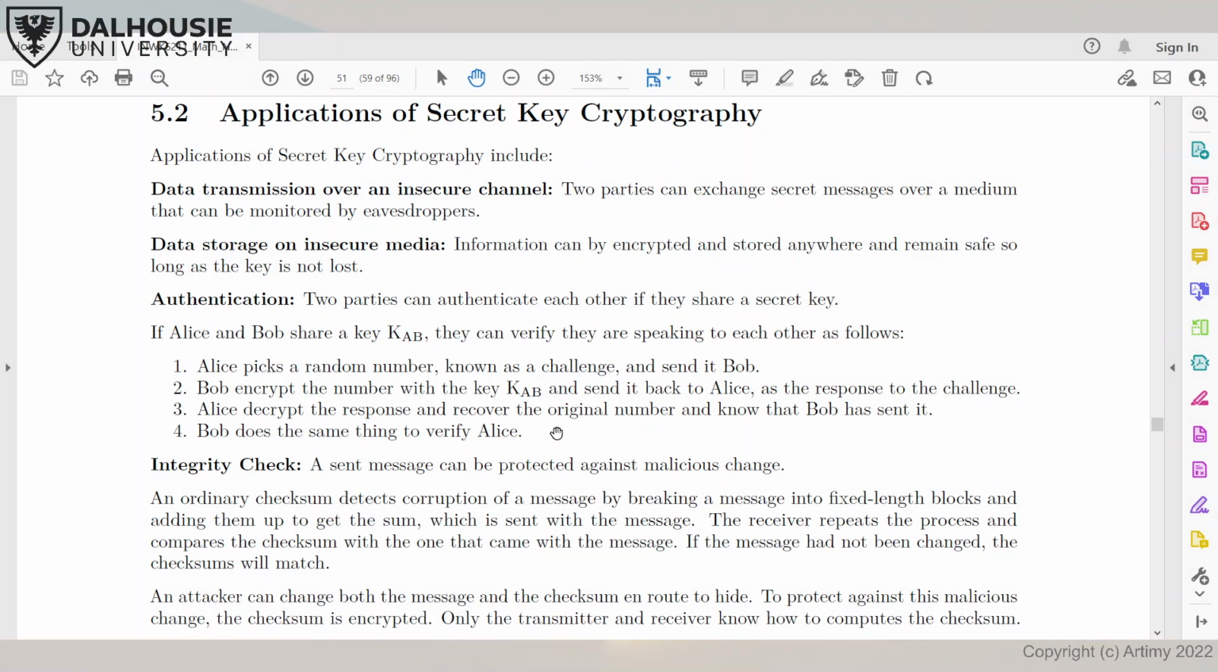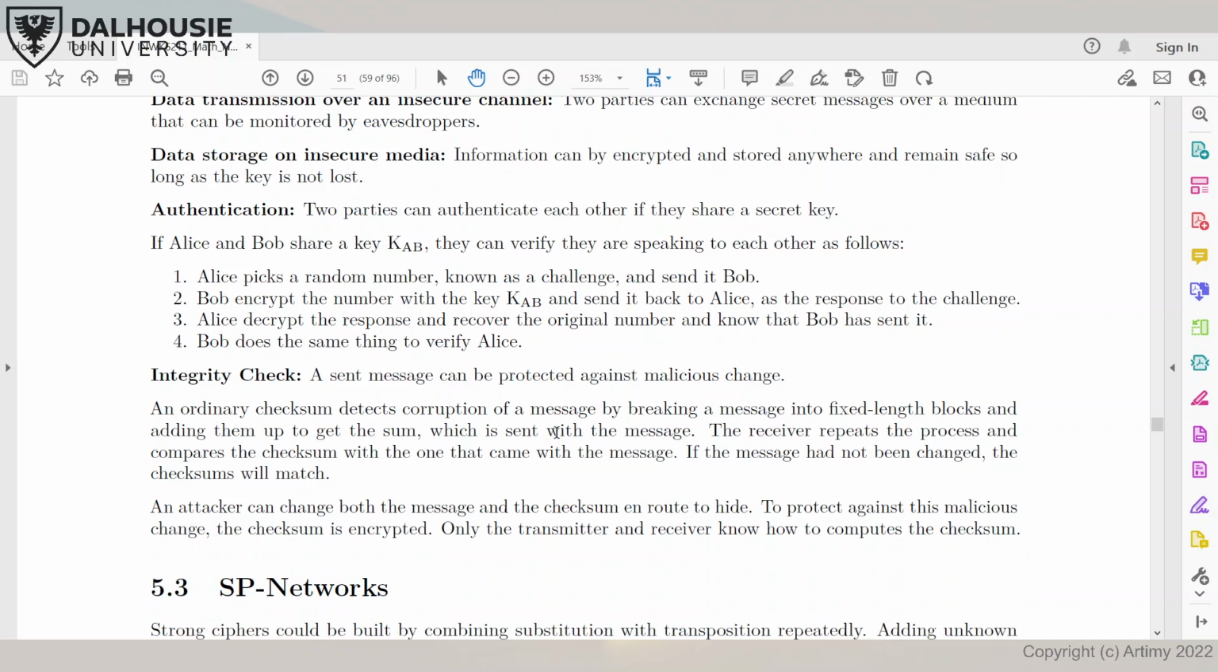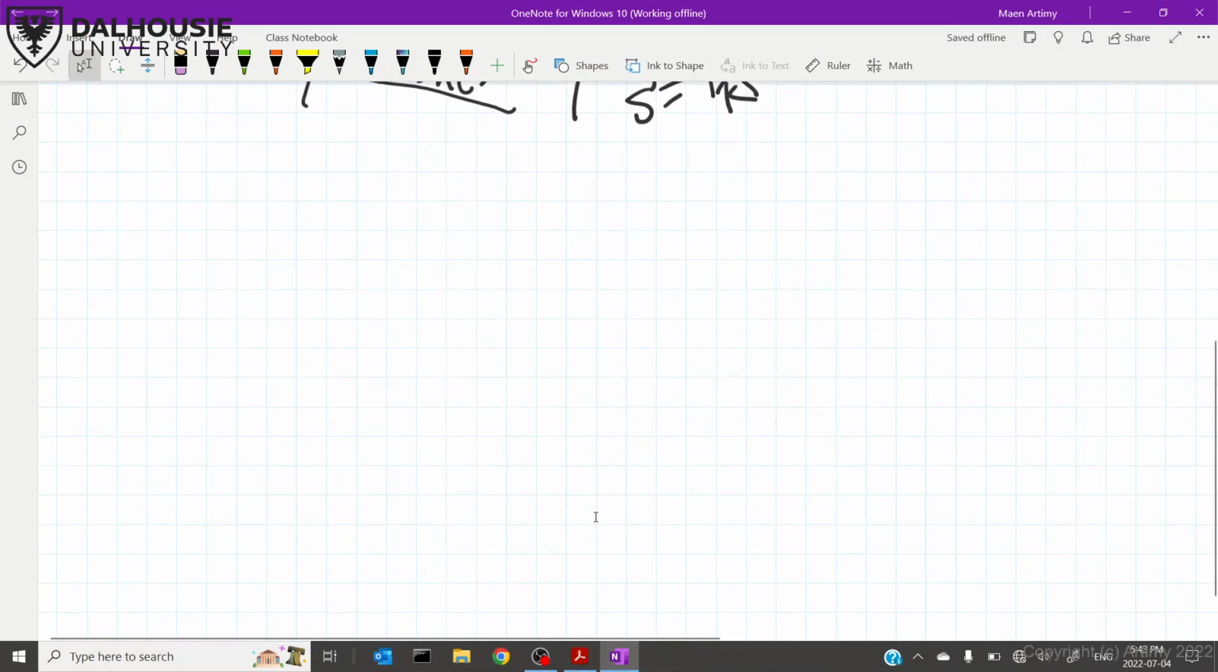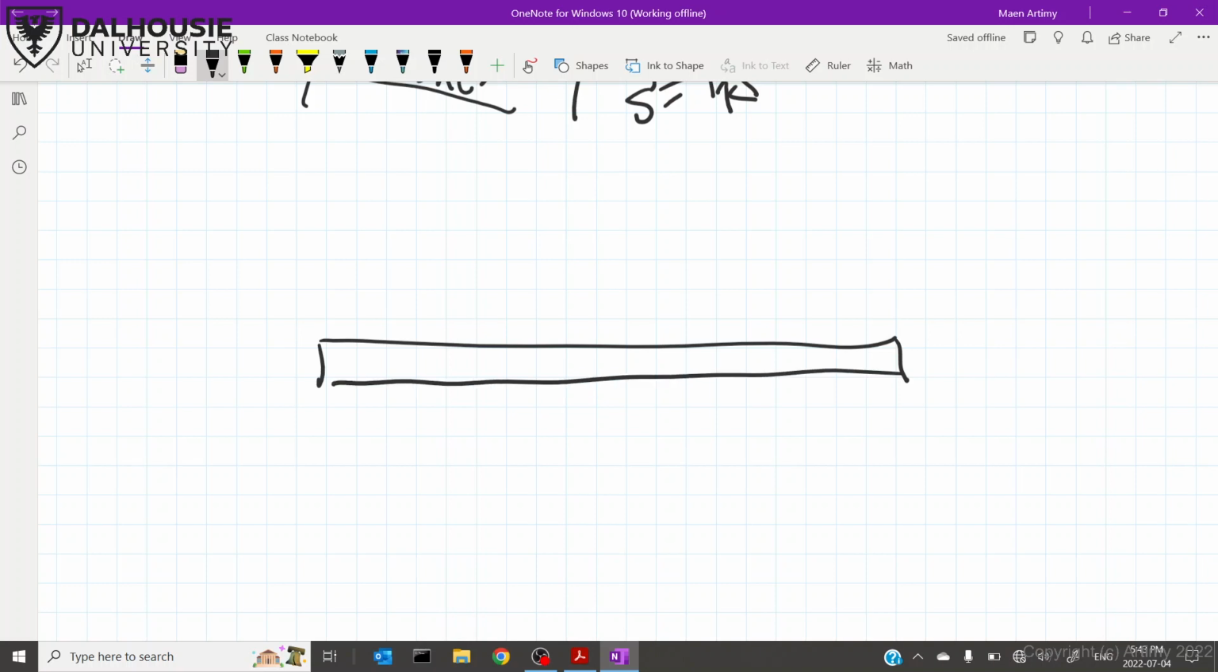Another application of secret key cryptography is integrity check. So let's say I'm sending a message and I want to make sure that the message is not changed. Now, we have seen this before in previous courses. We looked at checksum techniques that are mainly used to make sure that there are no errors in the message. We have multiple, but one of them is the CRC, if you remember,